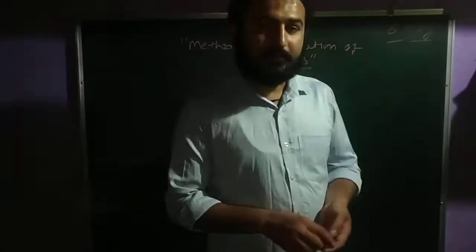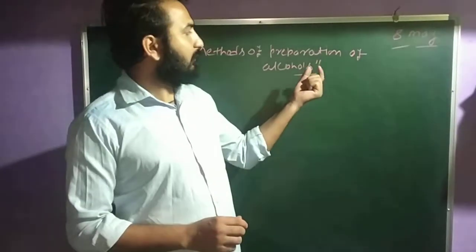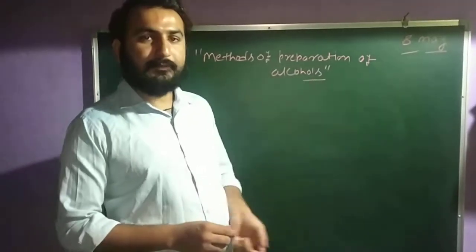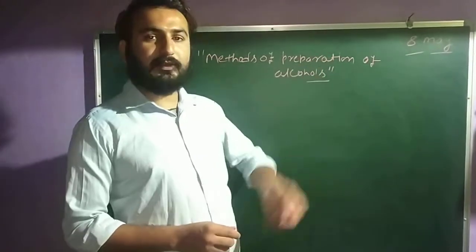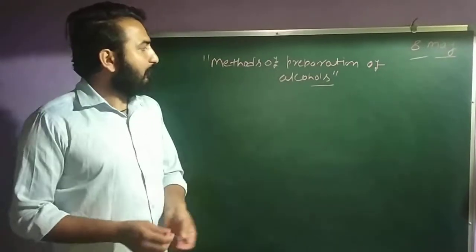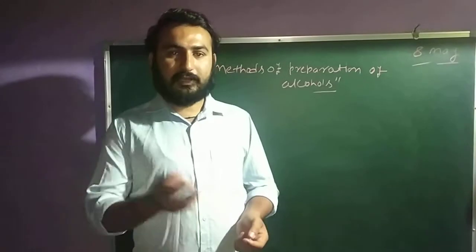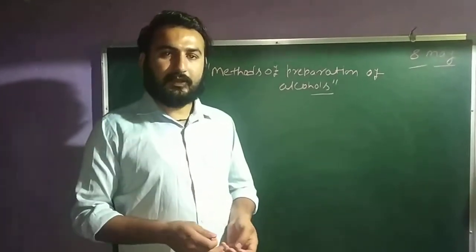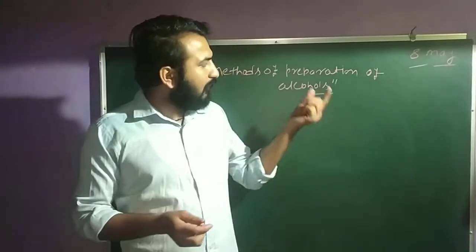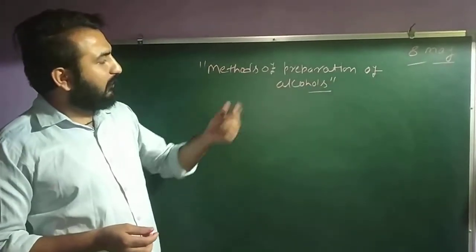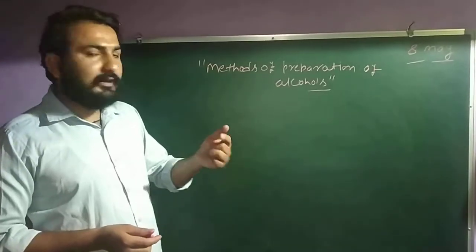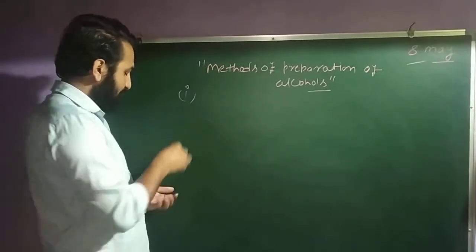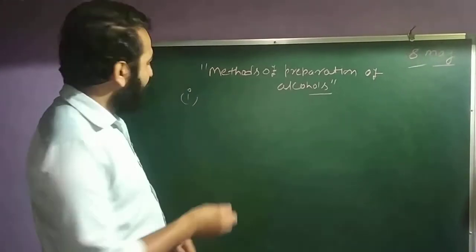Good morning, class. In the last class, we discussed the isomers in alcohol and the nomenclature of some alcohol compounds. Today, we start the methods of preparation of alcohol. That means how we prepare alcohol in different ways. Clear? So first of all, alcohol is obtained in an easy way from haloalkanes. Clear? That means first we have the preparation of alcohol from haloalkane.